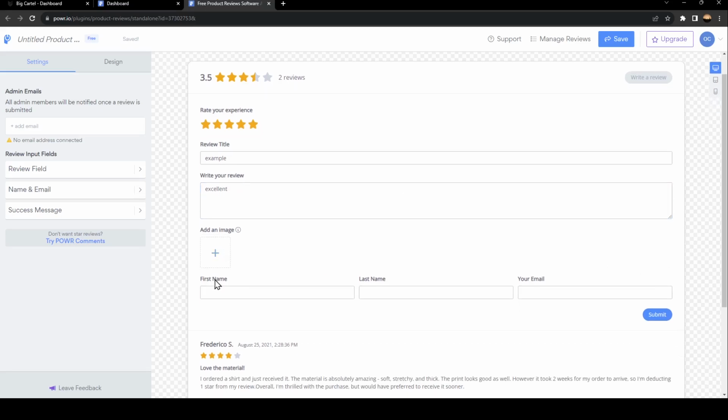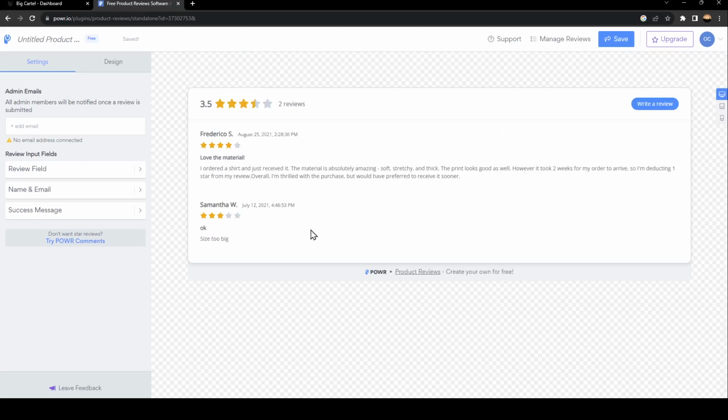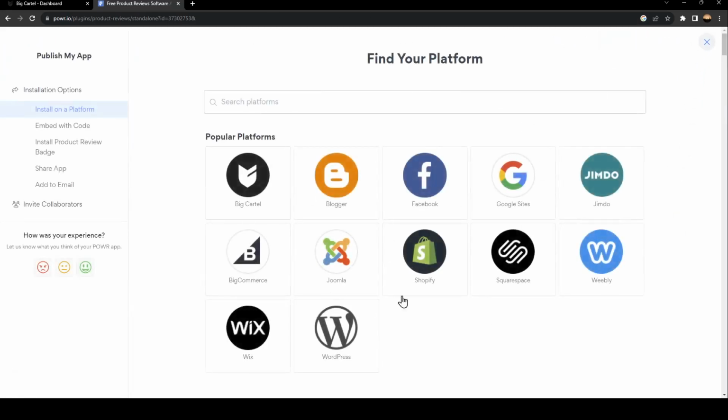You can add an image. And right here, you can add first and last name and your email. So once you finish, go ahead and click on submit. I need to type email. So basically guys, once you finish, go ahead and click on save, and then we're gonna be right here in